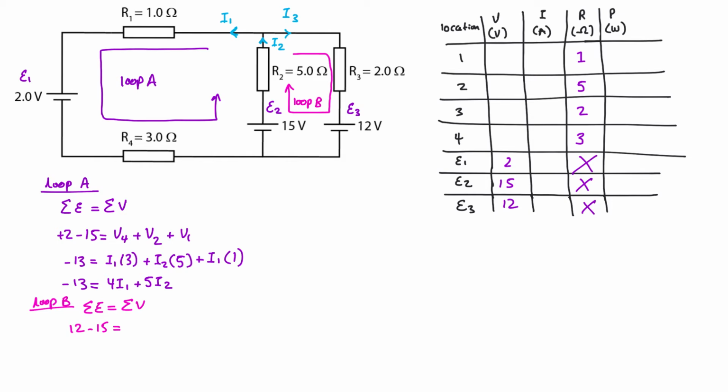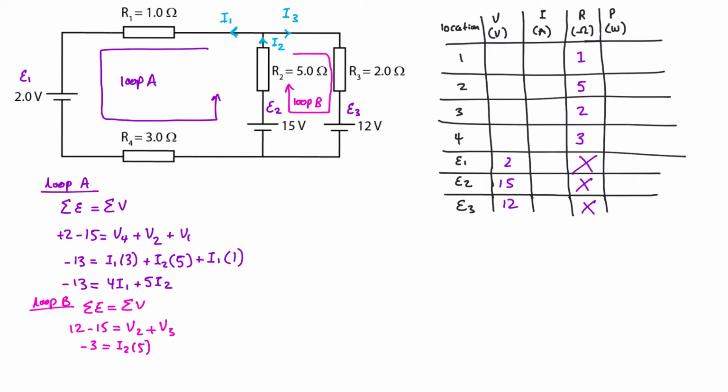For the right-hand side, I have to look at the voltages. So it goes through resistor 2, and it goes through resistor 3. So I'm just going to write V2 plus V3. Now I will simplify the left-hand side. That's negative 3 is equal to, for V2, I'm assuming that my current is moving upwards in this wire, and I2 is also in the same direction, so I'm going to use a positive I2, and my resistor here is 5, so this is going to be I2 times 5,